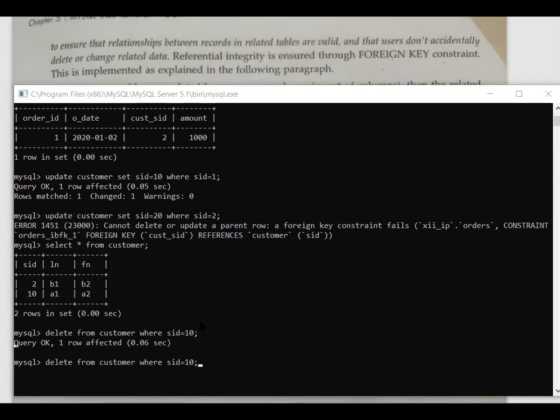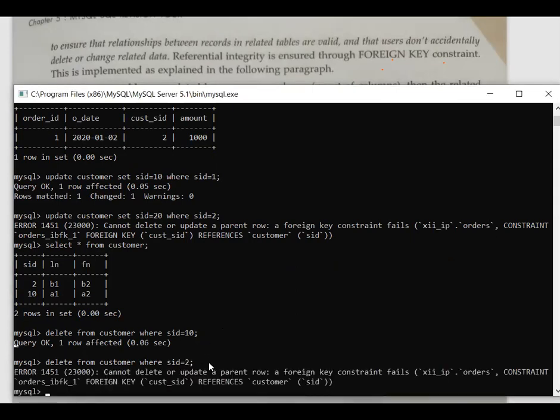But if I'm going to delete over here, if I'm going to delete 2 value, again, it will not be allowed. Only this is the reason we are making foreign keys. Now, by mistake also, I cannot delete the existence from the primary table until the time it exists in the secondary table. I hope this is clear to all of you now. Is this clear? Foreign key क्यों बनाते हैं और बनाने के बाद में आप लोगों को क्या क्या restrictions मिलती हैं, plus what type of checks it is going to apply. Clear है? All of you?